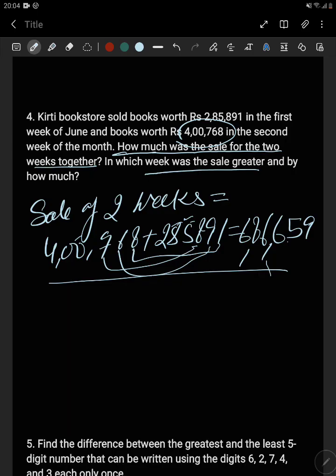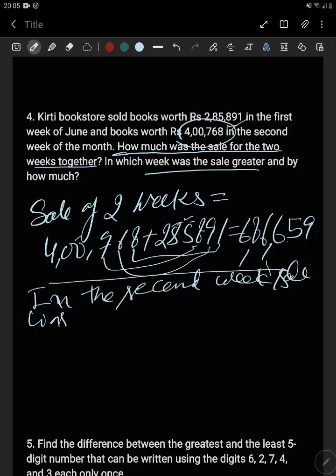Now in which week the sale was greater, means the higher one is the greater sale. So in the second week, the sale was higher. Sorry for bad handwriting. So this is the answer for this one. And the sale by how much? So for by how much, we will subtract the lower one from the higher one. Okay, so sale was higher by